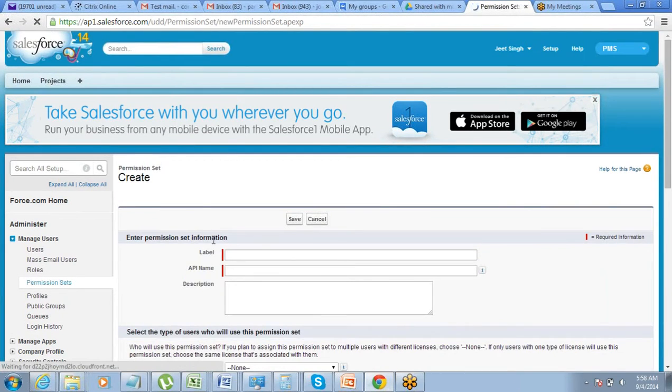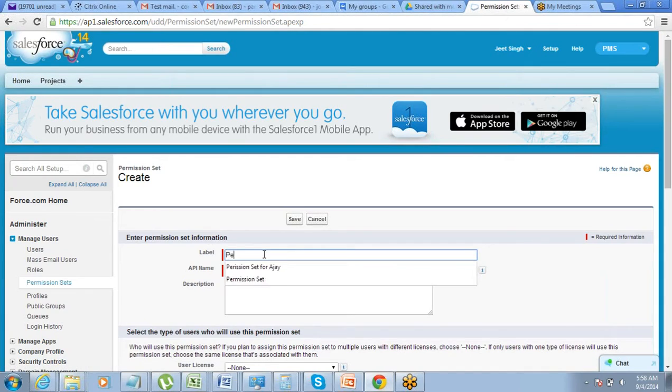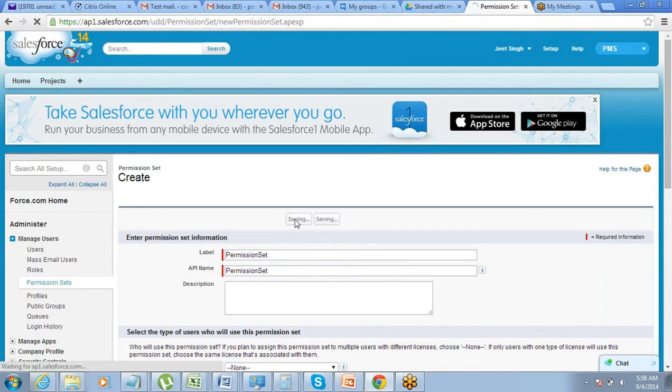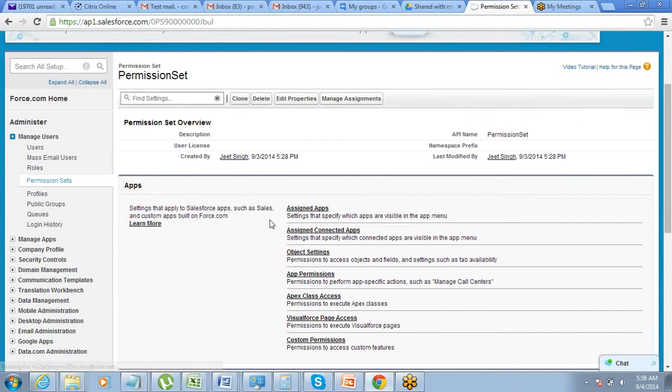Whatever permissions you want to put inside the permission set, you have to put. Created the permission set. Now put the permissions, add permission. What permission do you want to give through this? You want to give app permission, you want to give object permissions, whatever. Let's say I want to give permission to one object.